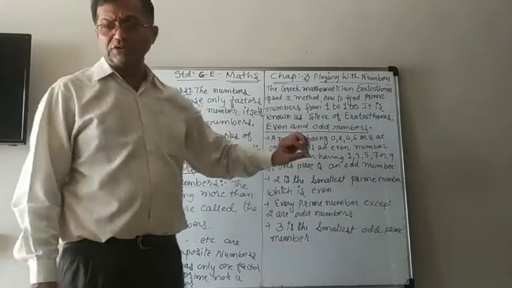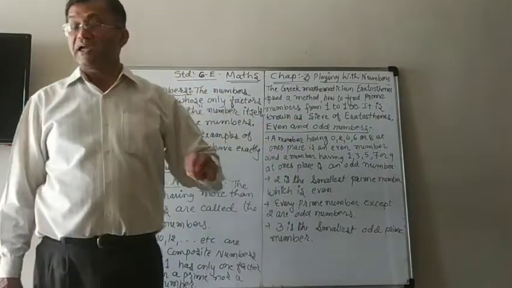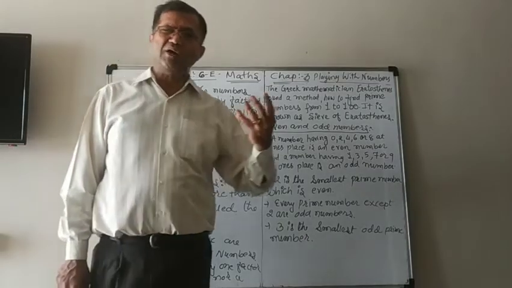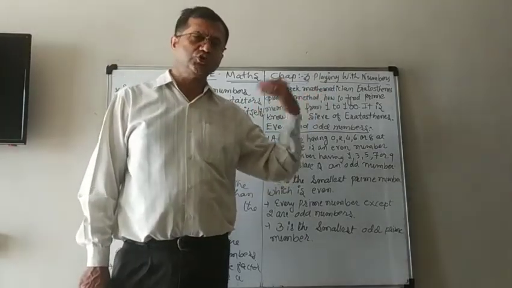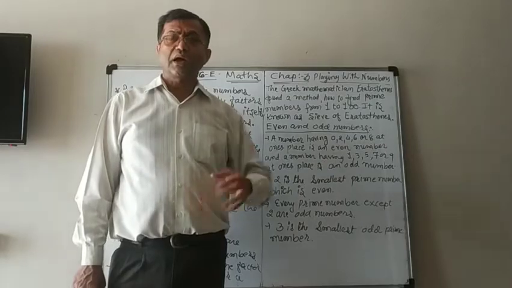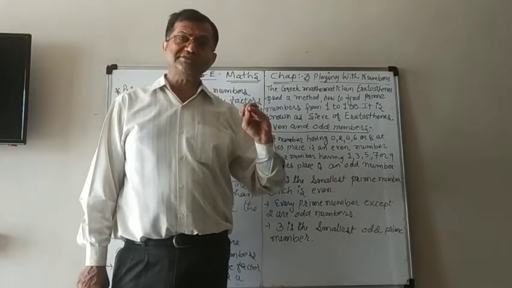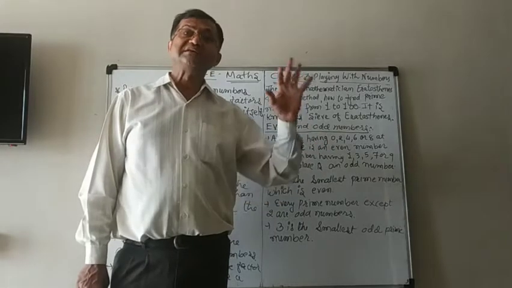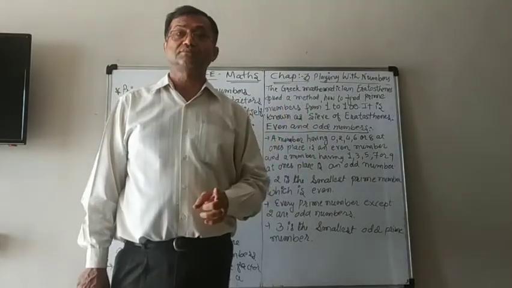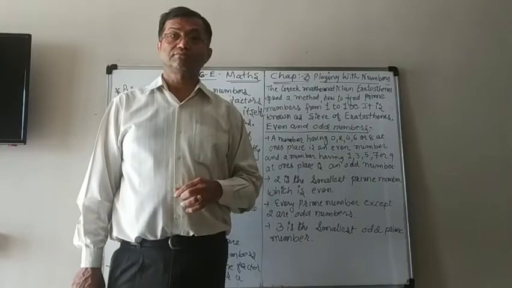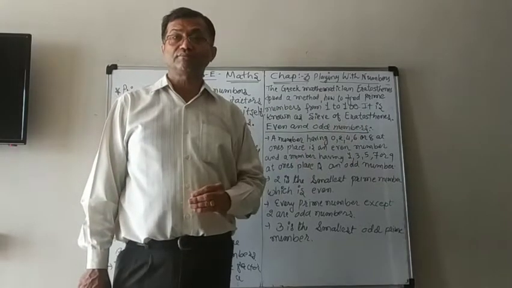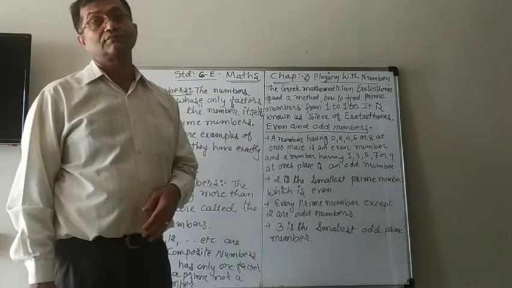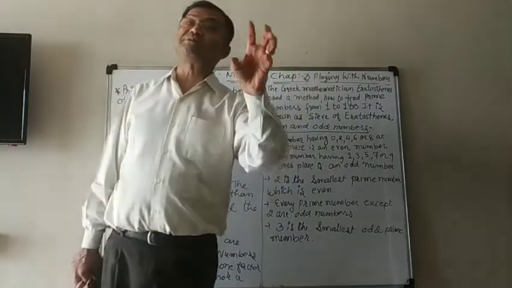Now we know about odd numbers and even numbers. I think you have learned about it, but just to recall: the numbers having 0, 2, 4, 6 or 8 in the ones place, means the ending place, those numbers are called even numbers. For example, 352,